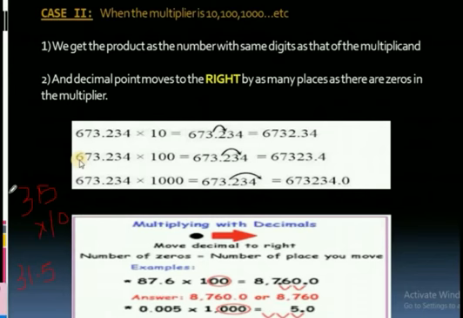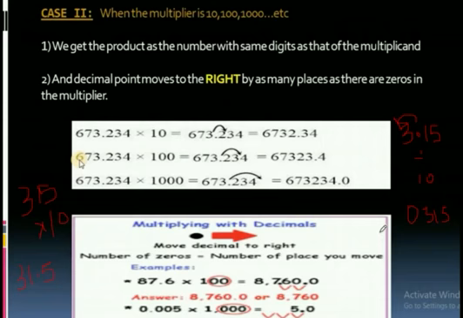Okay, if you want to divide, that we will study further, but I will just explain the difference over here. In case of multiplication, we shift the decimal point to the right, but in case of division, we shift the decimal point to the left. My number is 3.15. If you have to divide this number by 10, now in case of division, you shift the decimal point to the left, so this will become 0.315.